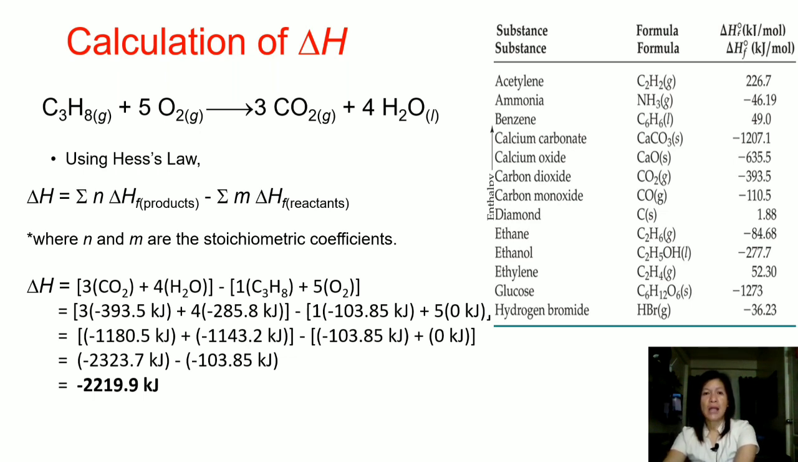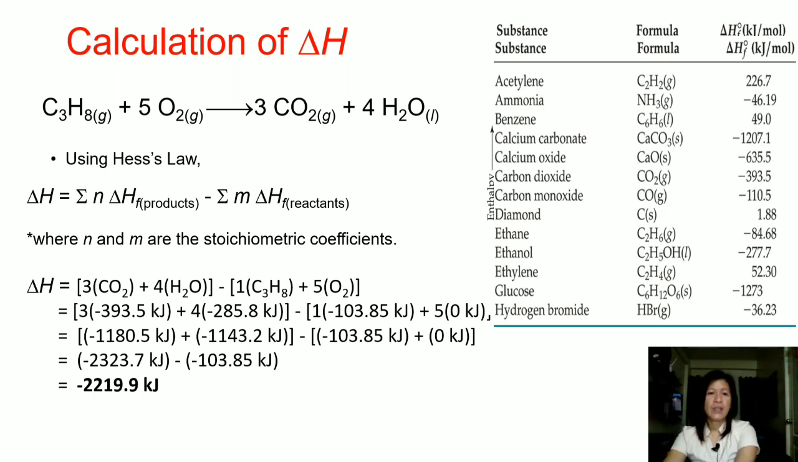The 2 reactants are propane with no coefficient. So 1 times its enthalpy of formation is negative 103.85, plus 5 moles of oxygen from the equation times the enthalpy of formation of oxygen, which is 0. So that will give you 0. So the sums will be